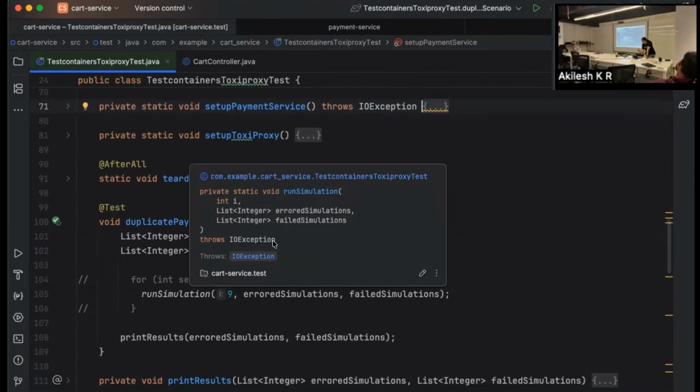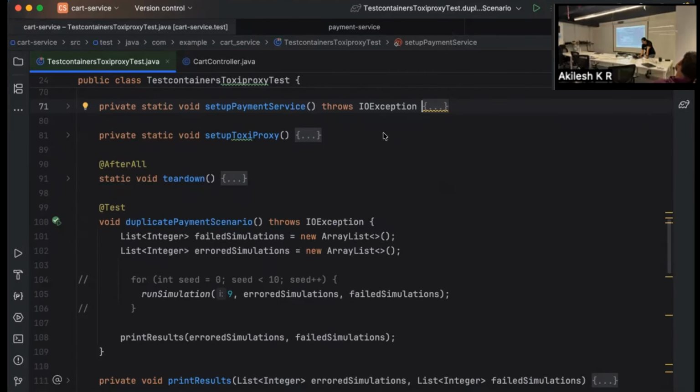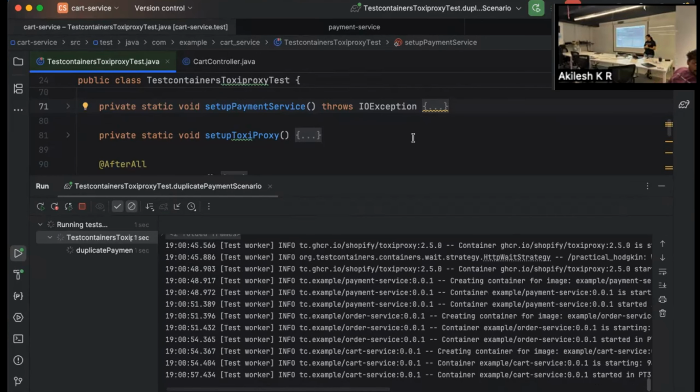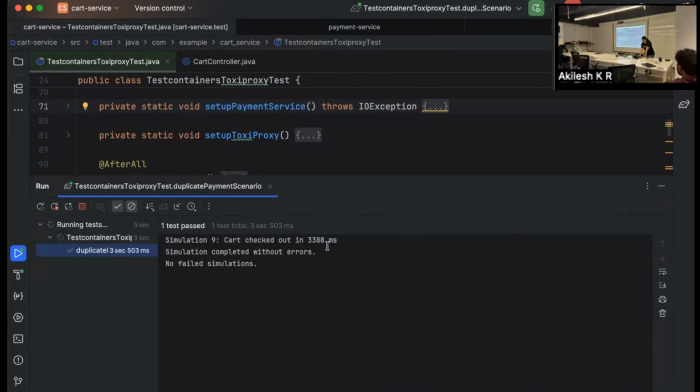So now we think we have fixed the bug, right? Let's run the simulation and test it out. All right.